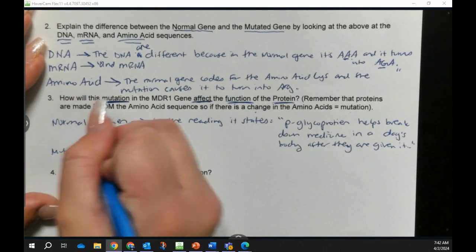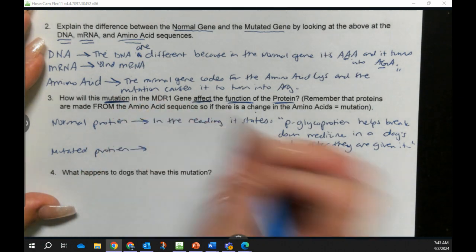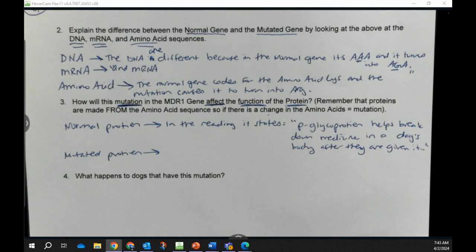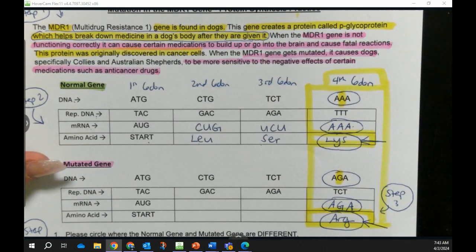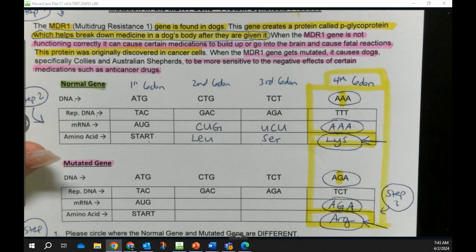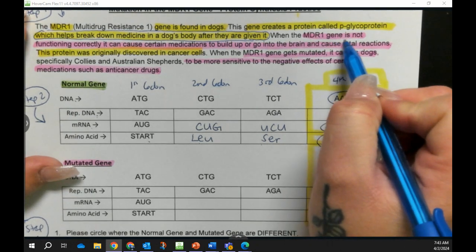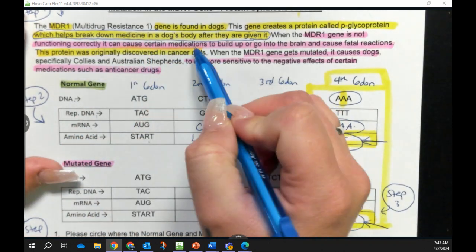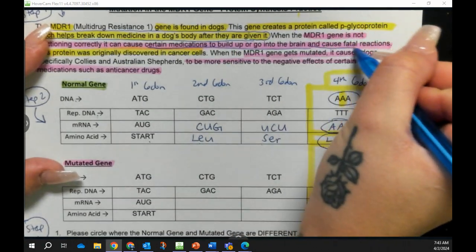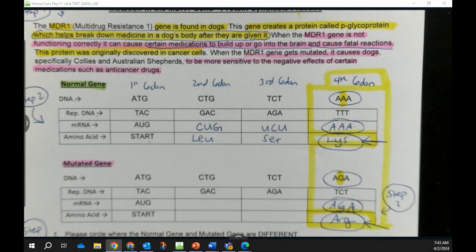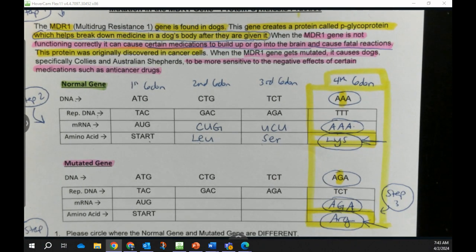So for the mutated protein, I am then going to go back up to my reading, okay? And I'm going to look at where it talks about what happens when it gets mutated. So when the MDR1 gene is not functioning correctly, it can cause certain medications to build up or go into the brain and cause fatal reactions. Boom. That is what happens. We've already highlighted it. You are using that from the reading to help you answer that. Therefore, you would then tell me,